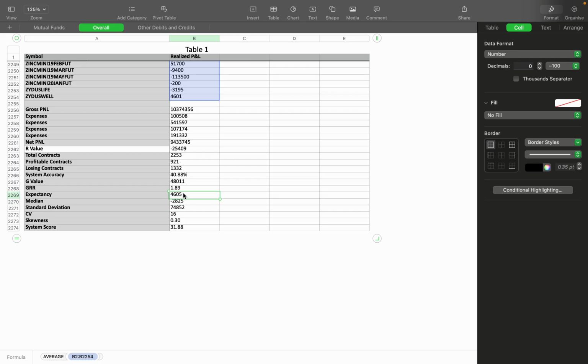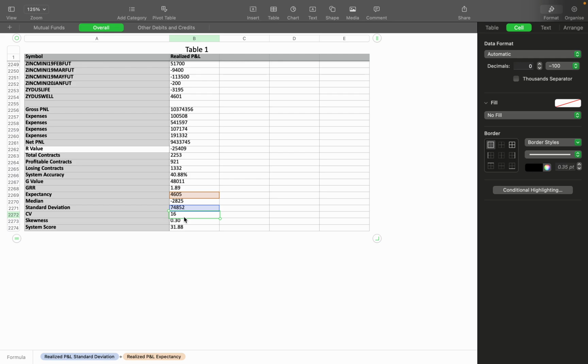A standard deviation of 74,852 is obviously obscene, but it will change, because if this data were in US dollars, if this were converted into US dollars, then this number would also be converted into US dollars, and therefore standard deviation, though it is telling us how much you are moving away from the mean, is an essential prerequisite. But what we really want to do is determine the coefficient of variation, which means